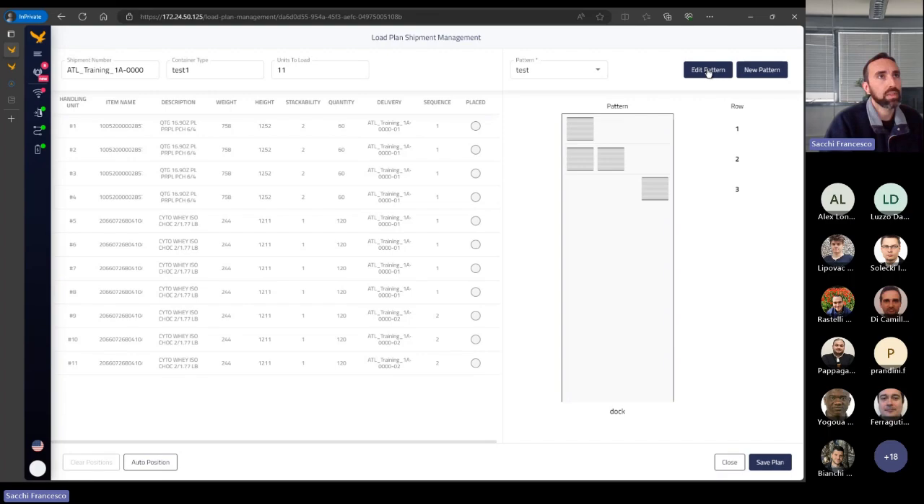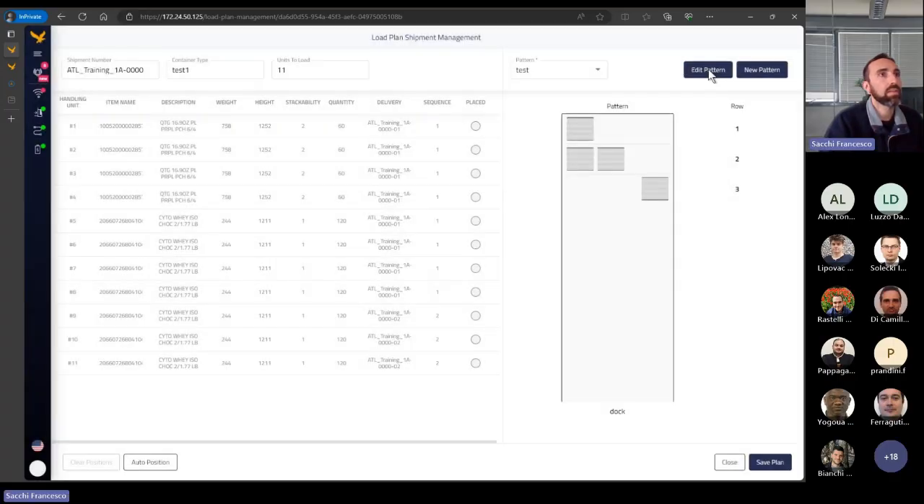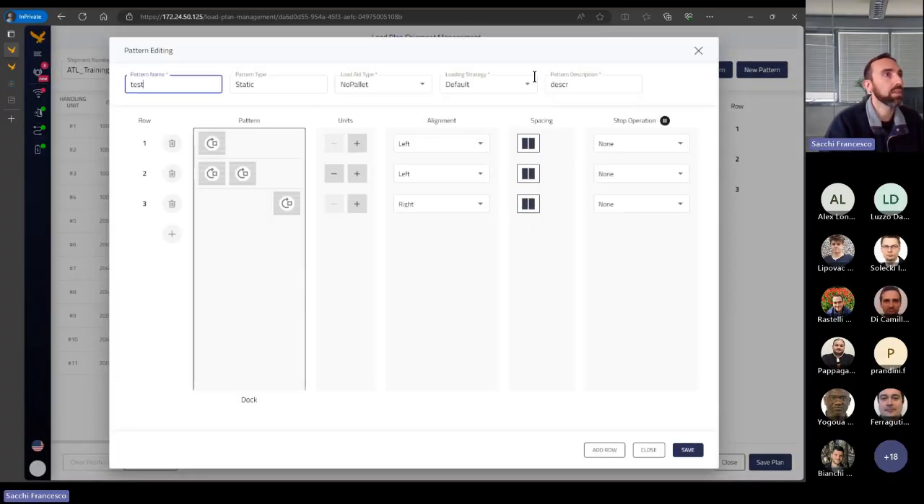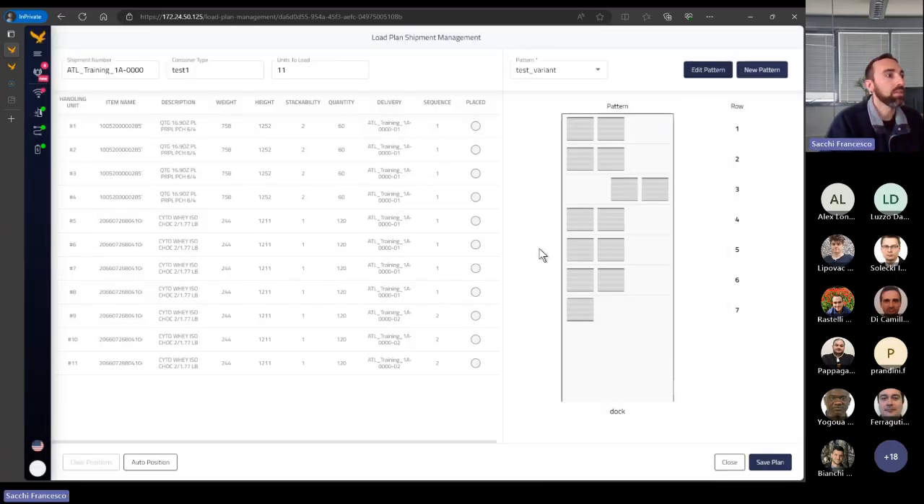So in this case, the operator can create a new pattern from here, or edit the pattern. In this case, a variant will be created. So, for example, we can create enough capacity for the shipment. At this point, the auto positioning works, and it distributes these stock units with the logics that are in the default